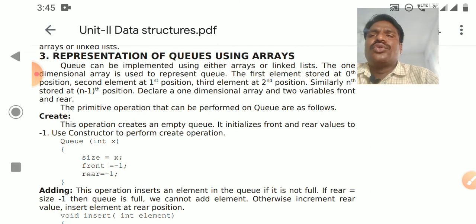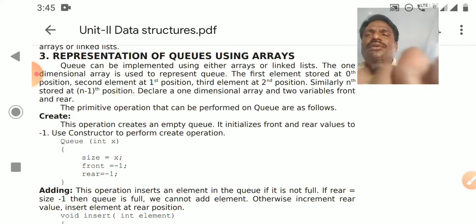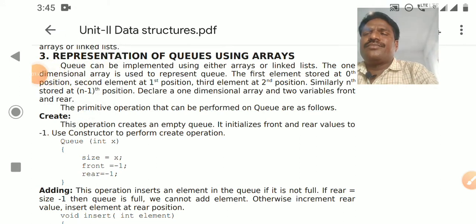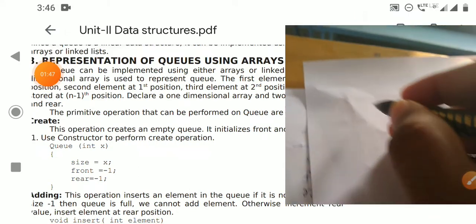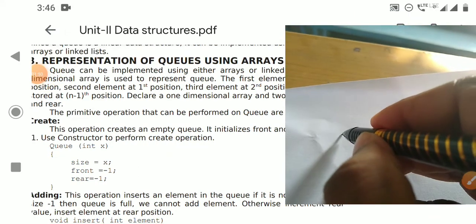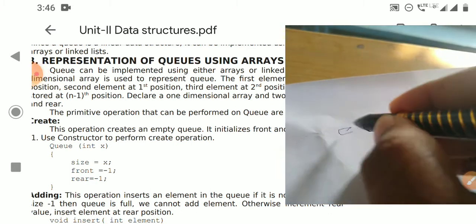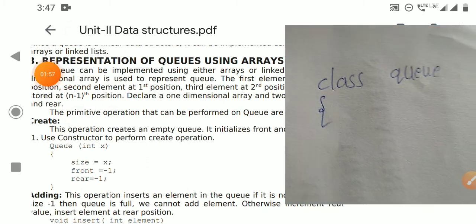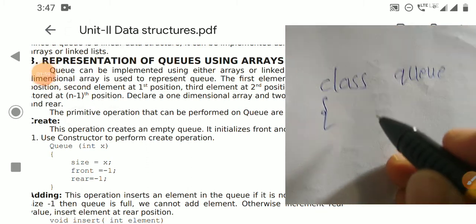Generally, to declare a one-dimensional array, we require two variables, front and rear. Now we will see the class definition of the queue using a one-dimensional array. First we declare a class.